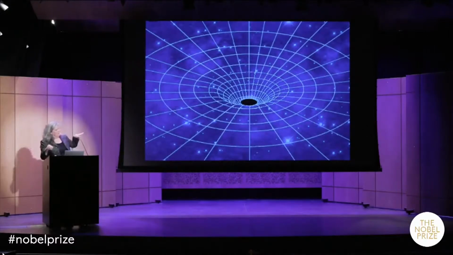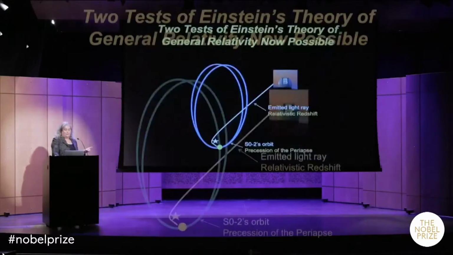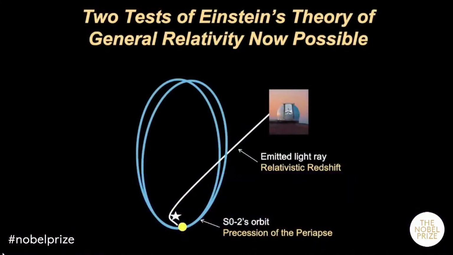And the depiction that you often see in science museums is to flatten out 3 dimensions of space into 2, and then to use the 3rd dimension to depict time. So as you approach a black hole, you get this mixture of space and time, which is one of the predictions of relativity. And these orbits of stars are providing us with the first direct tests of how gravity works near a supermassive black hole. And there are two tests that are now possible.